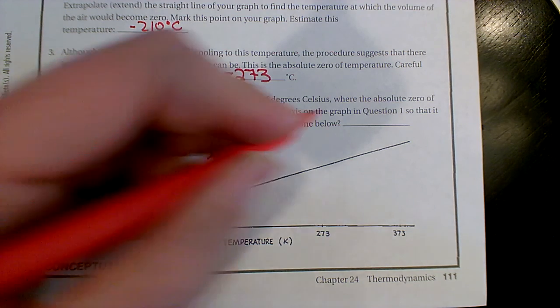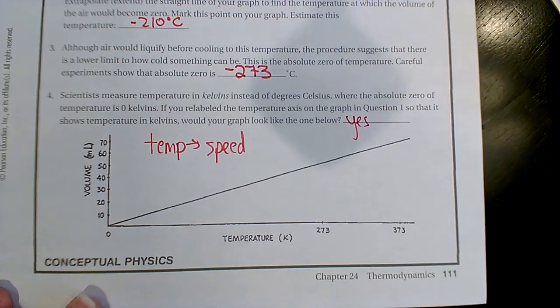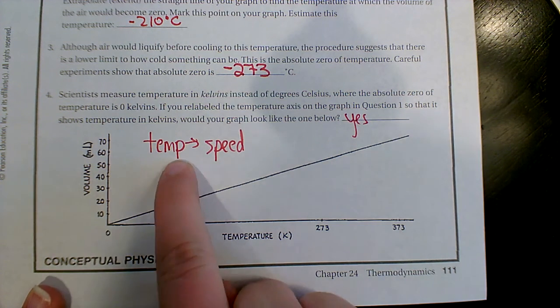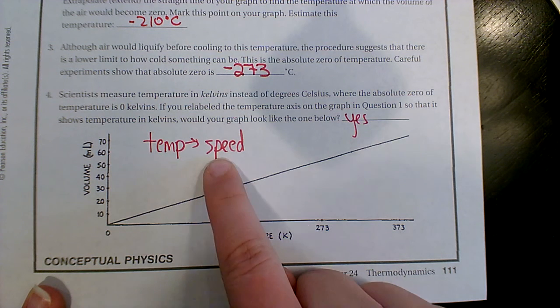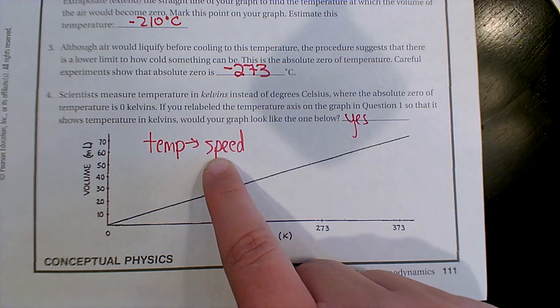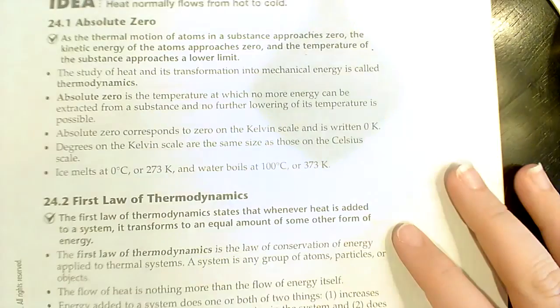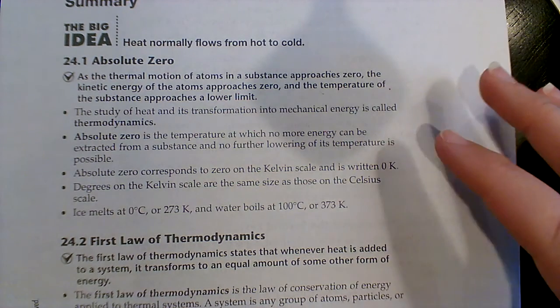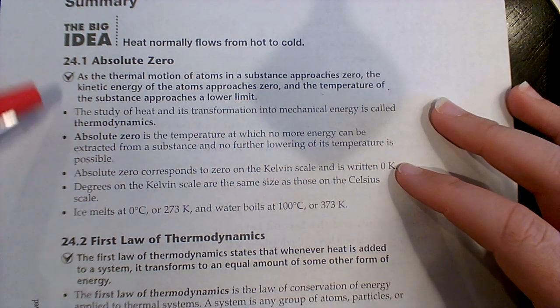So, the answer, yes. The idea of absolute 0 is this concept that 0 actually means 0. A 0 temperature would actually correspond to 0 speed. Okay? So with that, I feel like I talked through that pretty extensively, but let's just talk through this very first section here, and we'll dive into the first law of thermodynamics first thing tomorrow.